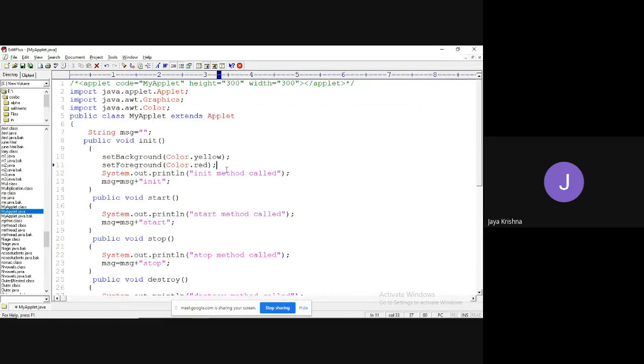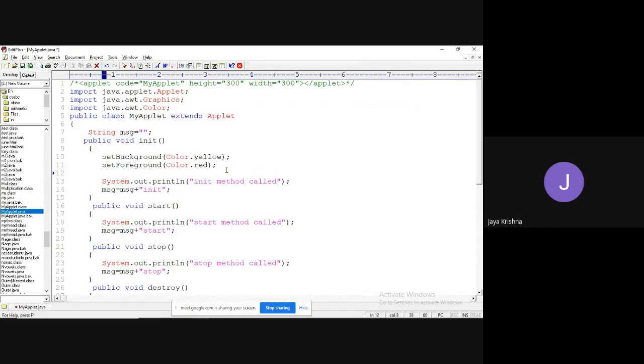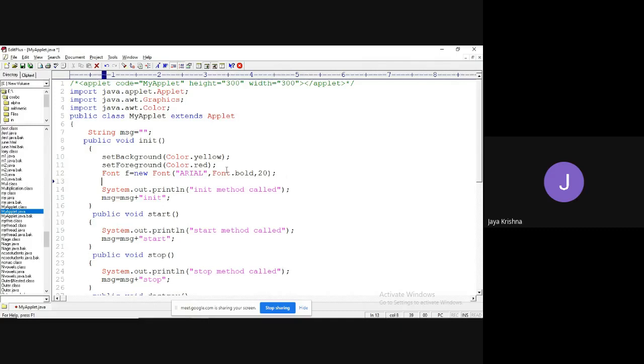Now, if I would like to change the font on the applet which is displaying, I can use a class called Font class. Font f equal to new Font of Arial. I would like to set it in bold format, Font.BOLD, and I'm going to define the size of that.